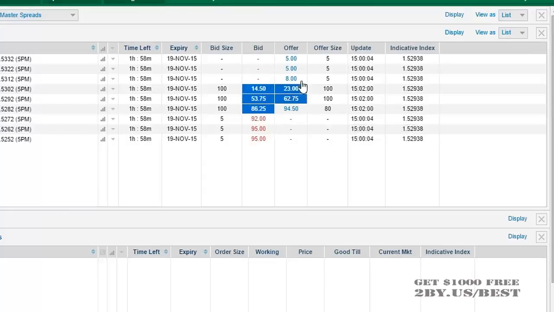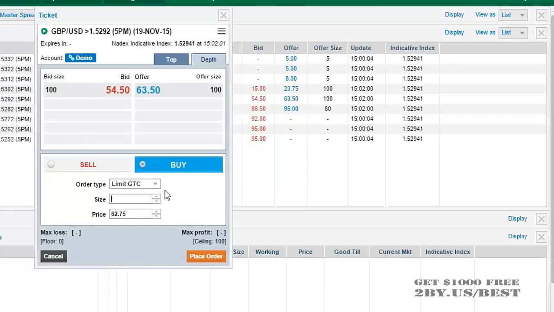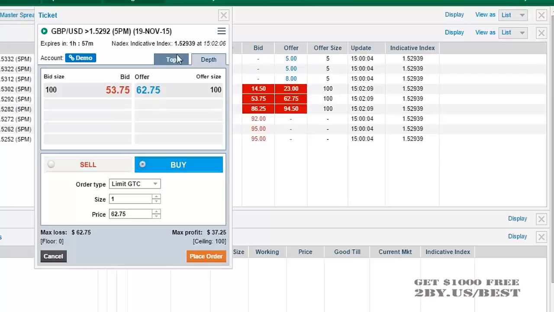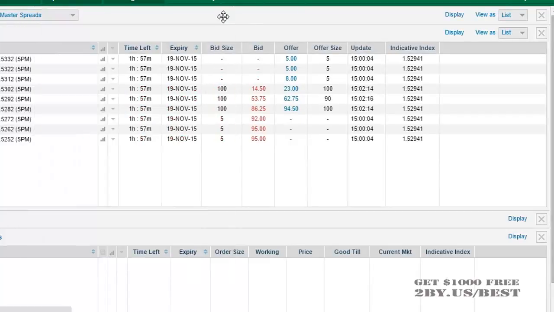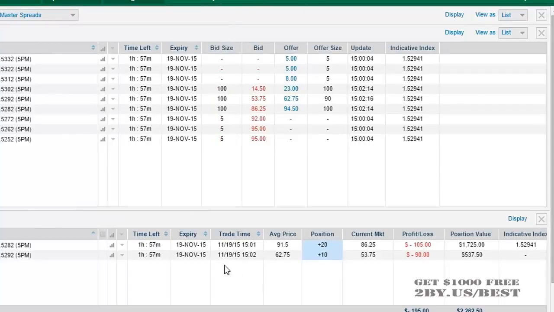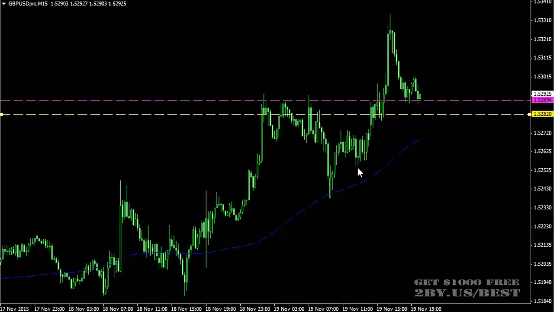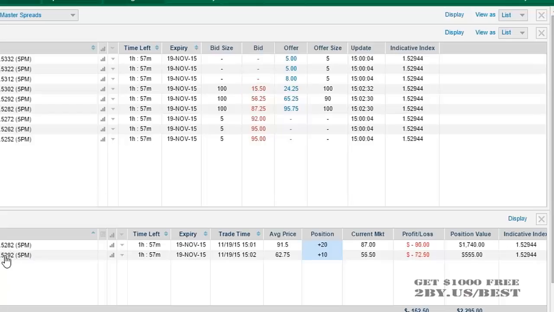Okay, and actually, this contract here is in the money as well, because the price is above this current level here. So technically, this isn't an in the money contract. It's just a little bit closer. So I'm just going to do one right there too. Just do 10 contracts for that. Okay. And that's it. So our open contracts are here, and we have until 5 p.m. and we're basically stating that the market will stay above this level here, or whatever, let me see where our other contract was,